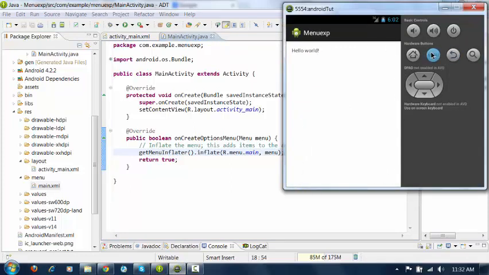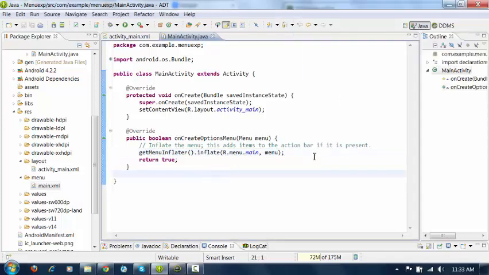Okay, so whenever you click on the menu button, it is displaying another layout, but it is not overlapping your existing one. It is coming above it, meaning it is not completely closing your basic XML file. Instead, it is displaying above your main XML file. It means what we are doing here is inflating this settings layout on the existing layout. So whenever you want to inflate layouts, we have to use an inflater.